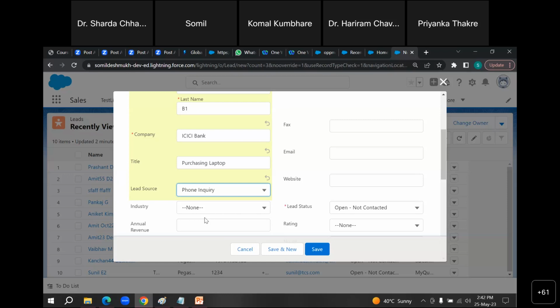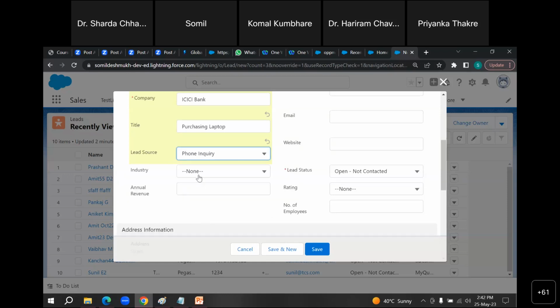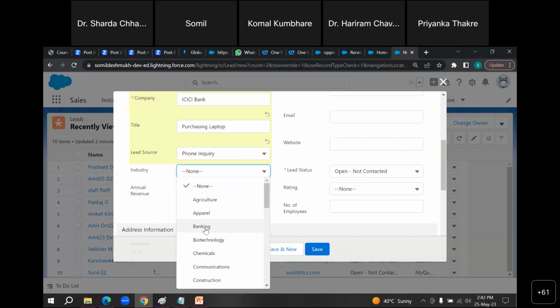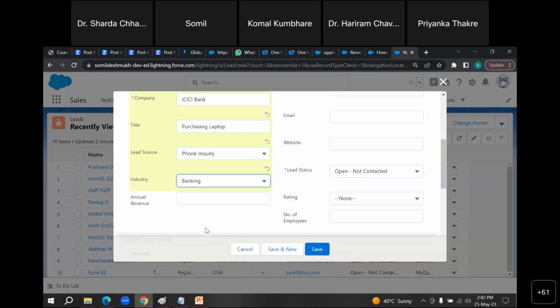So if we are adding more information related to that company, it would be beneficial to us, or we can serve in a better way. So his industry is banking, annual revenue of that company. So if you know, you can write. If you do not know, you do not write. Okay.